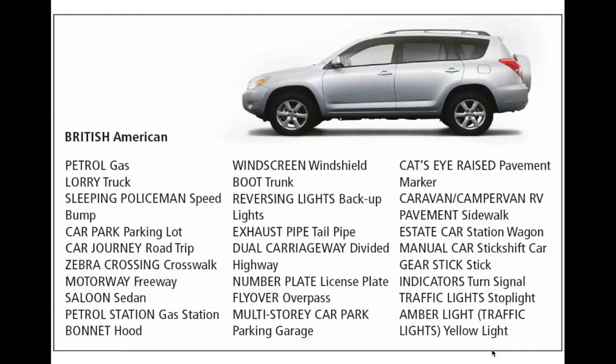There are all kinds of differences we can talk about, and here are some examples of British and American English when we look at just an automobile, just a car. We call it gas or gasoline. They call it petrol. When we're talking about a place to park a car, we call it a parking lot. They call it a car park. We call it the hood of the car, where you lift the hood to get to the engine. They call it a bonnet. So there are all kinds of differences when we look at these dialect differences between British English and American English.